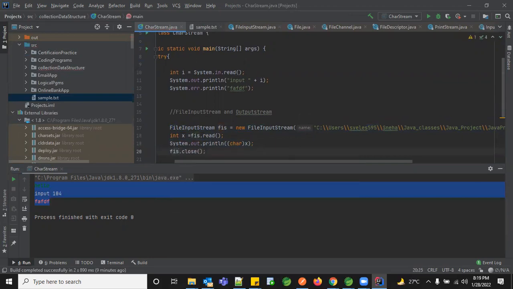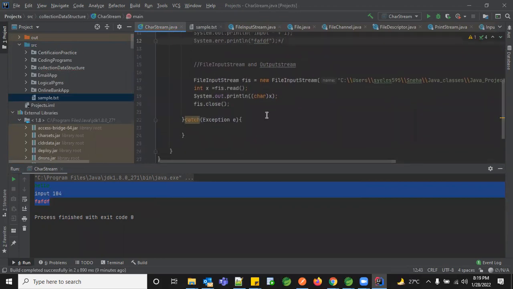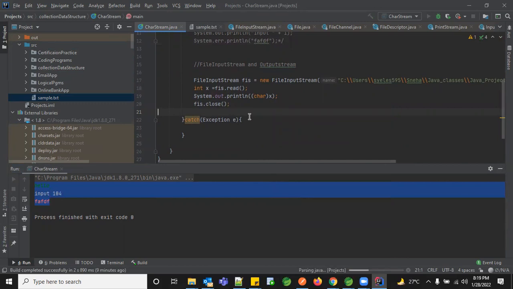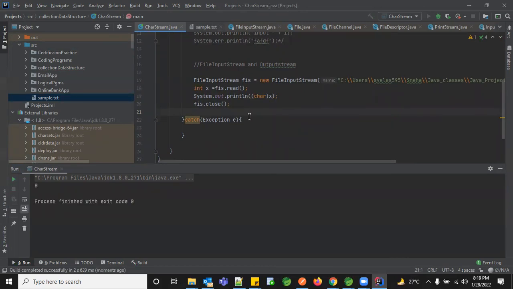Once you're done with your activity, you can close your object. Now let's execute it and comment this one. If you see, I'm printing just one character. So you got just hello.